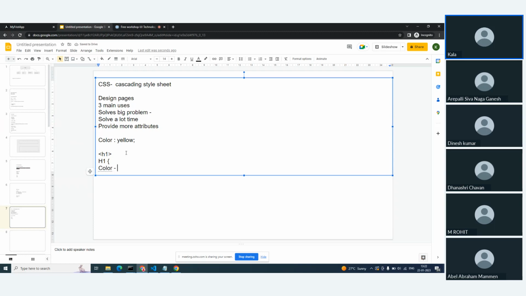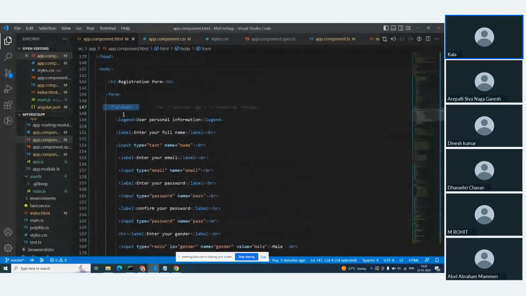Color is simply a name or property, and whatever color you give is the value of the CSS. In the example, we can see